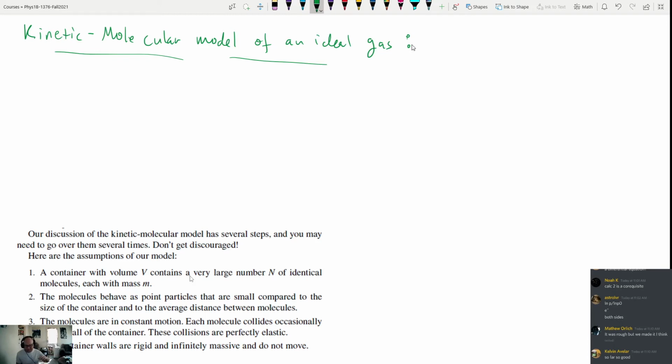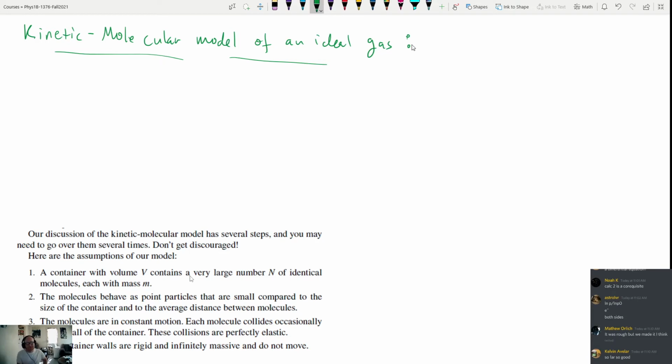We want to be able to talk about the kinetic energy per atom. We want to know how much kinetic energy each individual atom has, which means we also want to know what the velocity of individual atoms is. Maybe it's not obvious, but we'd like to know just how fast these molecules are going, and what that means in certain scenarios. One of the questions we can answer with this is,